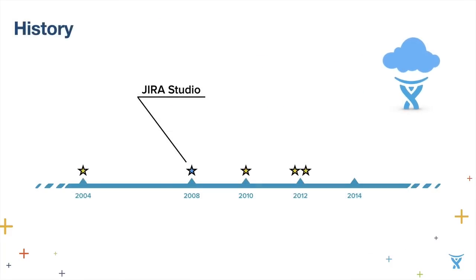In June 2008, we released our first hosted system for JIRA. At that time, it was called JIRA Studio and later evolved into JIRA On Demand, later renamed to JIRA Cloud. This allowed users of JIRA to use the software as a service offering and to start a JIRA instance much faster, without worrying about things like the server or the database. It has been a very successful offering from the very beginning.